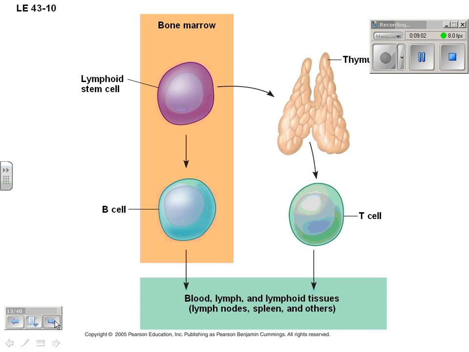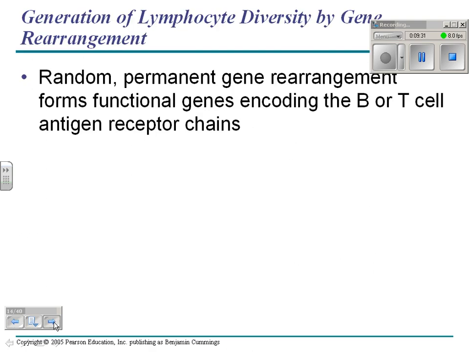There are 2 places cells are made. B cells are made in the bone marrow. T cells are made in the thymus gland. And the thymus gland is actually part of the lymphatic system. So these B cells and T cells, when they're made, get put into the blood, lymph, and lymphoid tissues like lymph nodes and spleen. So they're produced in either the bone marrow or in the thymus gland. All right, so